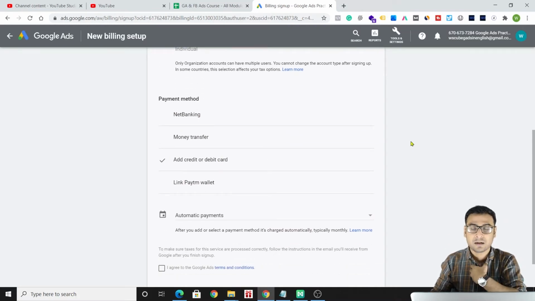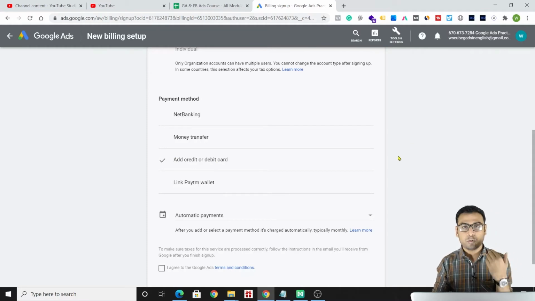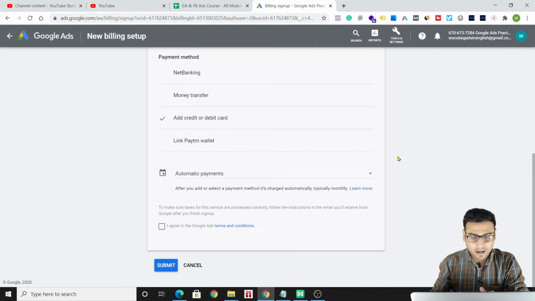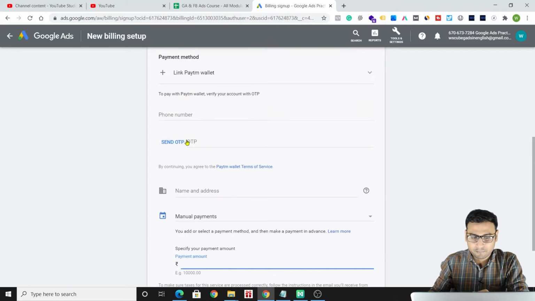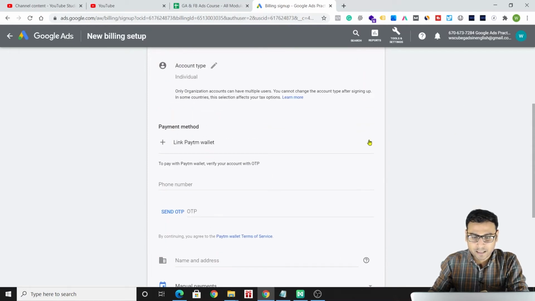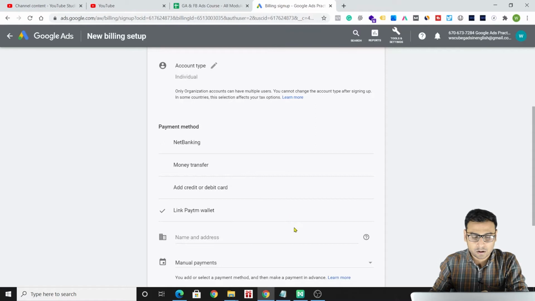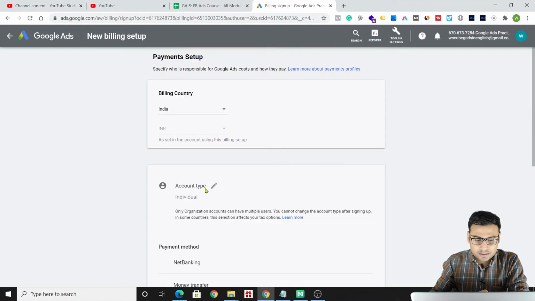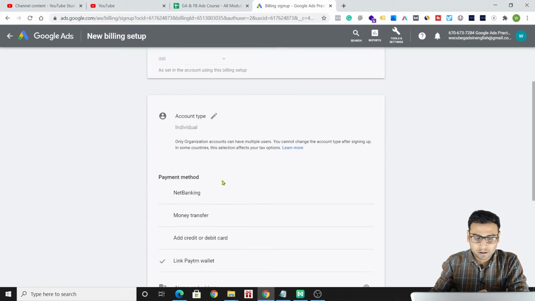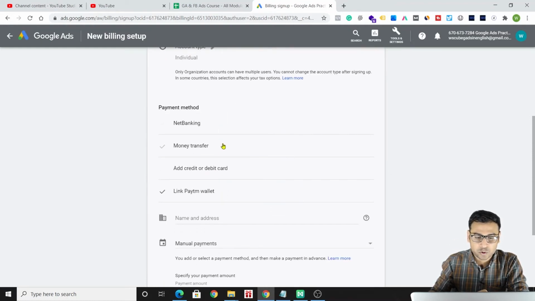If I have a debit card or a credit card as an individual, I can put those details here and Google will take the payment from there. Or I can link my Paytm wallet, and once I link it, I can transfer money to the Google Ads account and we can run the campaigns, right? So this is very basic, and this is at the individual level.